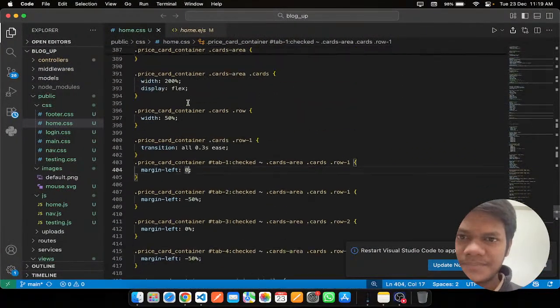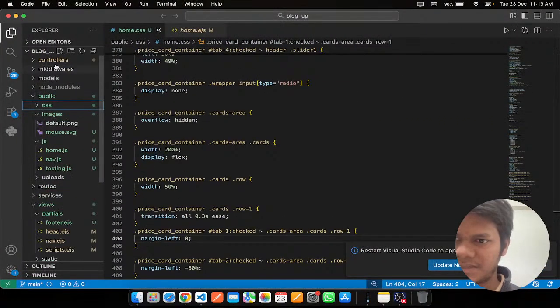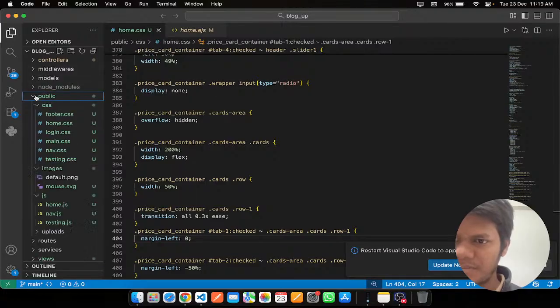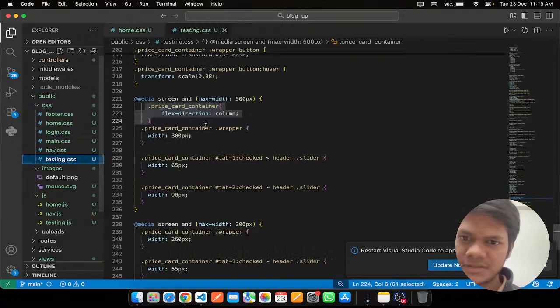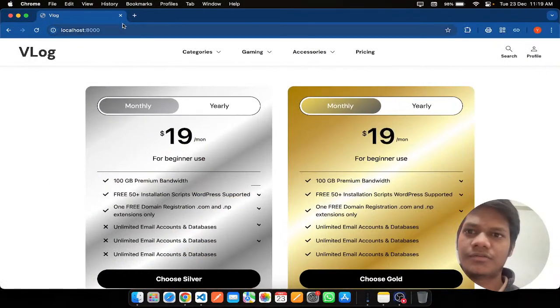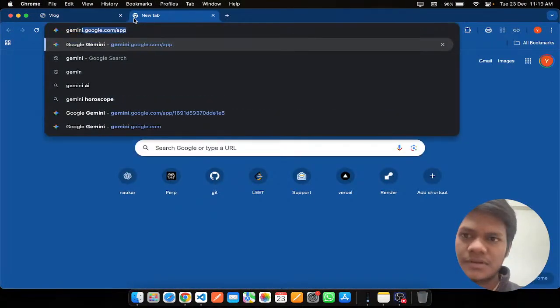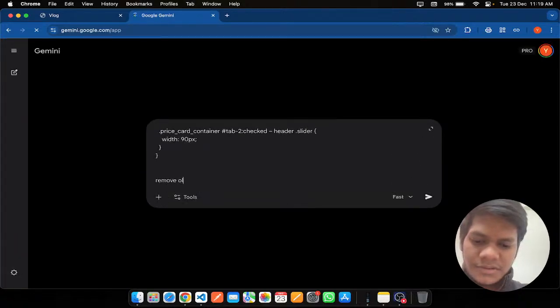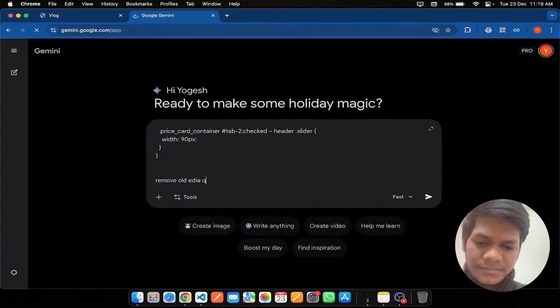Okay, let's work. Go for testing and public. We have CSS and we have testing.css, all the things we have. I just go for Gemini and ask to remove old media queries and make it more responsive now for every